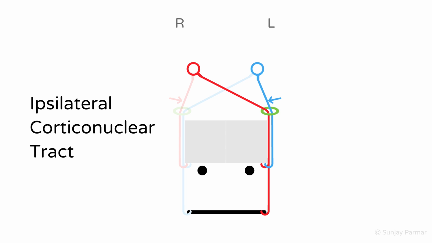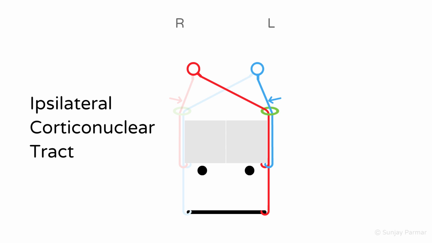They are named corticonuclear tracts as they travel from the cortex to the brainstem cranial nerve nuclei. Sometimes they are called corticobulbar tracts, but technically this means fibers traveling from the cortex to the medulla, which was previously known as the bulb. The corticonuclear tracts are represented by the red and blue ropes connected to the handles. To make the analogy less distracting, the ropes going to the right side have been made lighter in colour.